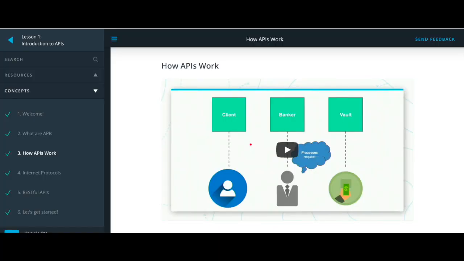Okay, so now let's put all of these components together in a sketch note to explain how APIs work. So this is the video on Udacity that I want to convert into a sketch note. So I've already watched the video, I know what it is. The metaphor that they are using to explain APIs is the experience of when you go to a bank to withdraw money. So the way they use that metaphor is that client-server communication through APIs is like going to a bank and asking the bank teller to give you the money from your account. So you don't directly interact with the bank vault, you go through the bank teller.